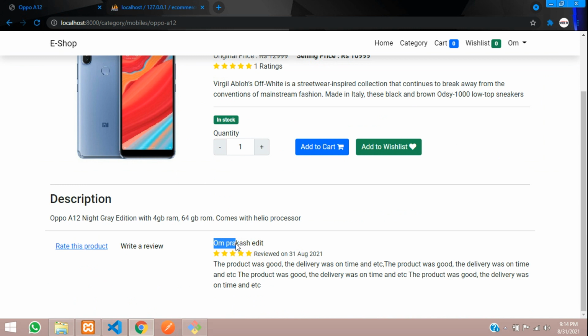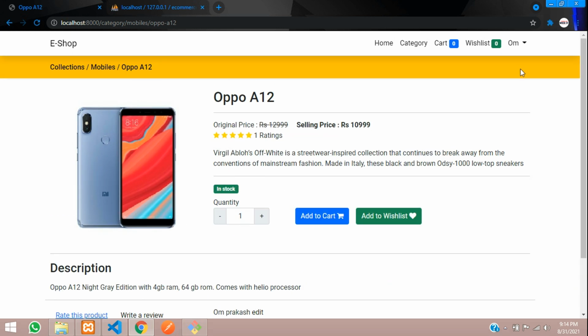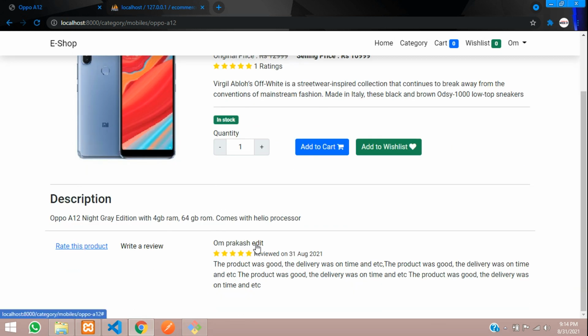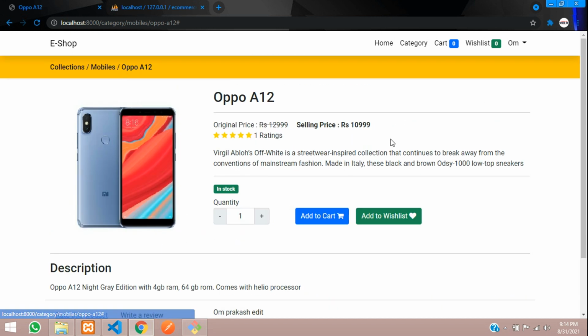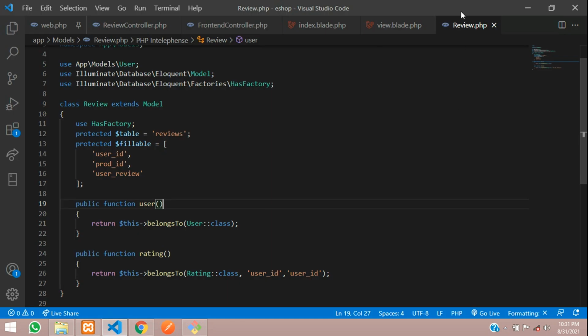So you got the username and the number of stars as reviewed, and the date we have got over here, and the message. So this is, I'm logged in as Om Prakash, so that's why I'm getting this edit button. So if you just log in through a different ID, you will not get this thing over here, edit. So now let us see how to make this edit review. So go back to the code,